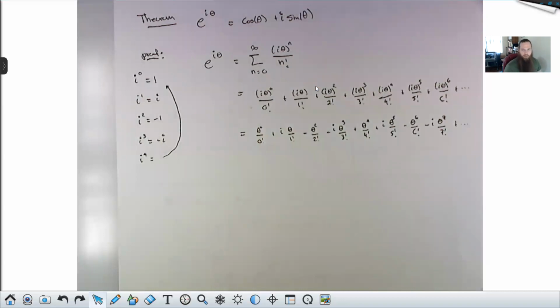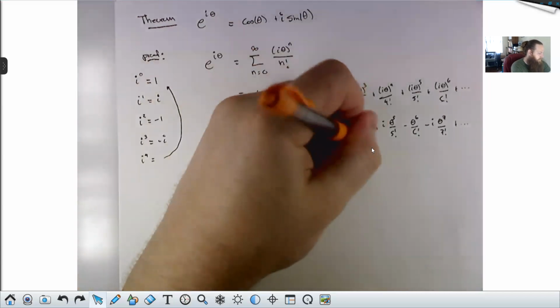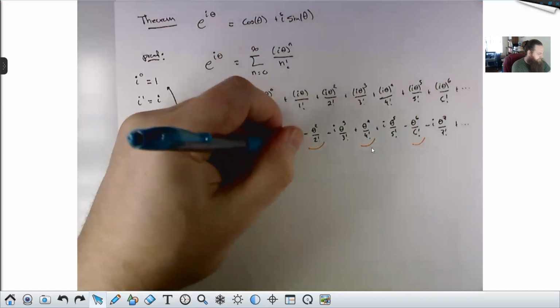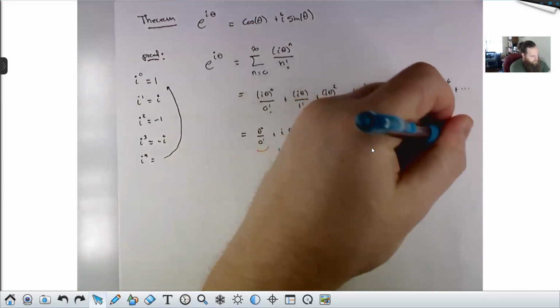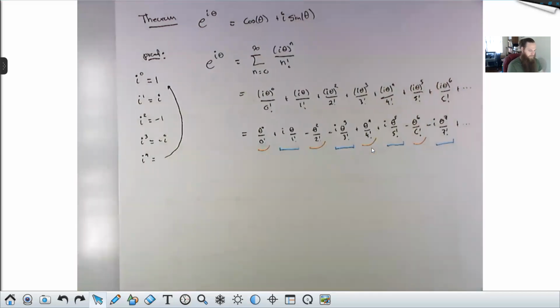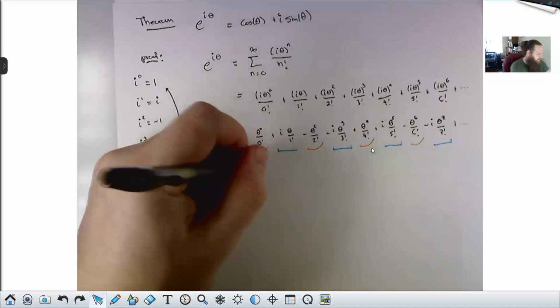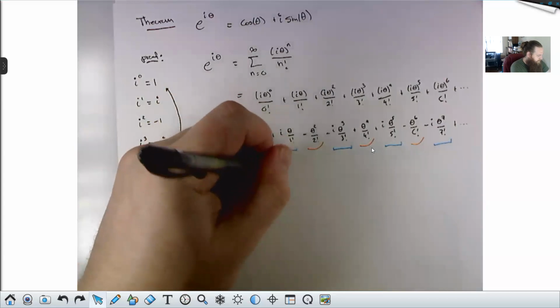Okay. The magic here is that you now group terms according to whether or not they have i's in them. So this does not have an i, this does not have an i, this does not have an i. In fact, all the even terms don't have i's. So here we have theta to the 0 over 0 factorial